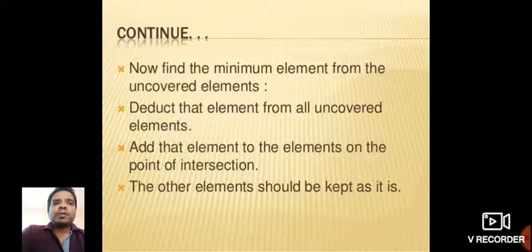We choose the minimum element from the uncovered elements and subtract it from all uncovered elements. We add the same element to the elements on the point of intersection, that is the second group, and the other elements are kept as they are.